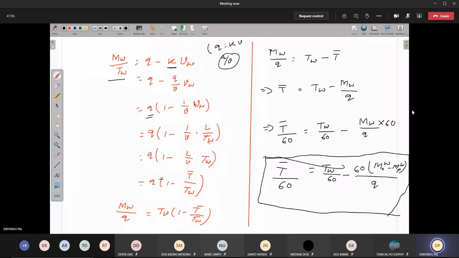Now what I did, I have divided this equation by Q and taken TW to this side. So it has become MW by Q equal to TW. Here I have written something wrong, let me correct it. So this is equal to Q into 1 minus